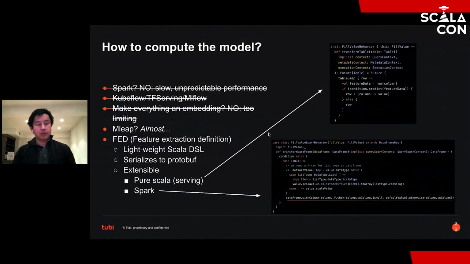Let's just come back here. This language is also extensible, right? So it works similarly to MLeep, where if you want to add a new operation to it, you write two implementations, one using Spark, one just pure Scala, and then you can just start using that new operation. And of course, we don't want to add too many operations to this system. The idea is to have a small number of well-tested and common operations that are added, and everything else to be a composition of those things.